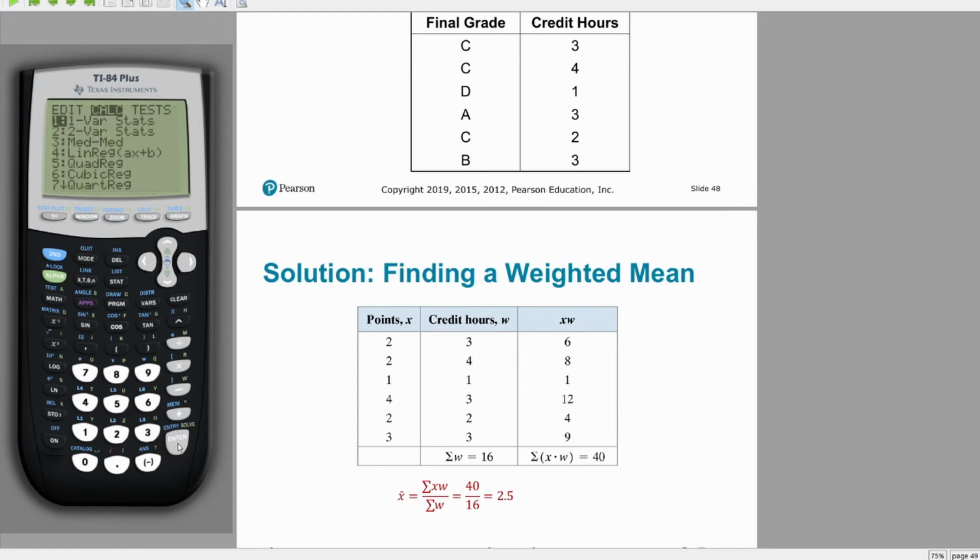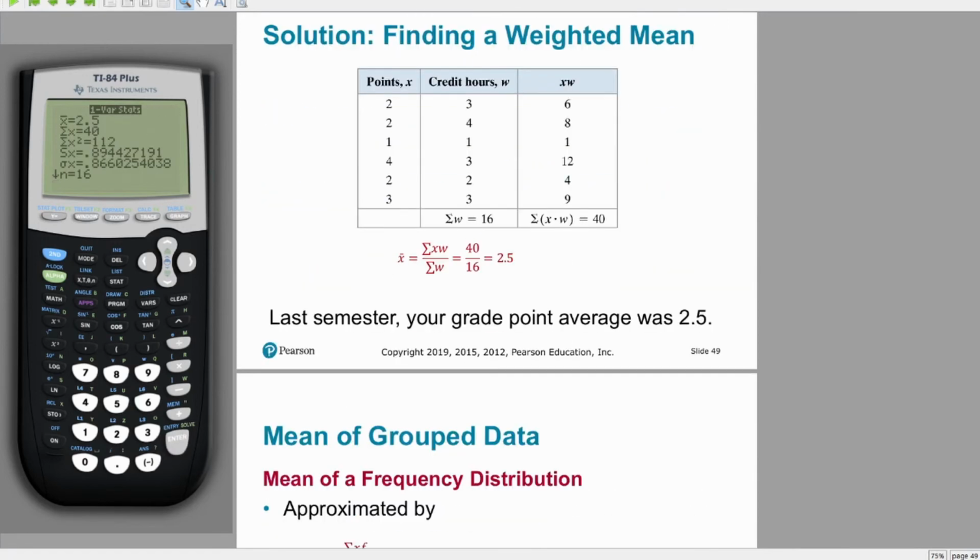because we're trying to perform a mean, but now what we're going to do is put in a frequency list, list 2. So the frequency list can be thought of as a list of weights, or, and I'll talk about this a bit at the end, when we're finding the mean from a frequency distribution, it works kind of the same way. I'm not going to do a full computation, but at least mention that. But anyway, calculate, and we're going to get the desired weighted mean,